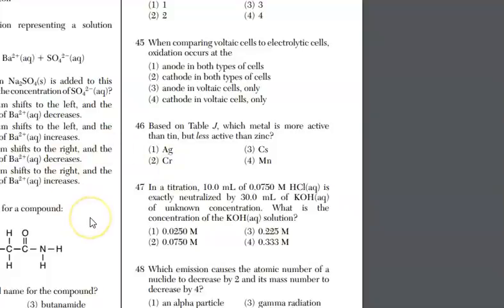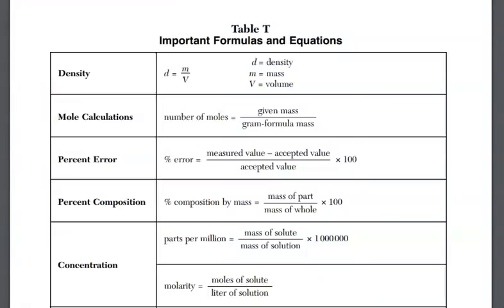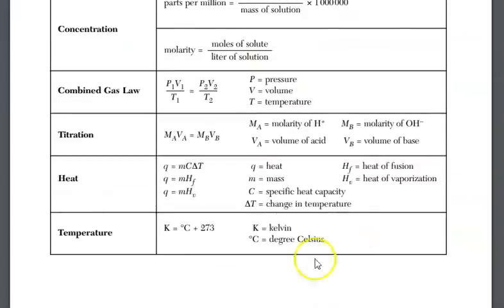We're moving on to 47. In 47, we have a titration. And notice we have volume and molarity for HCl, an acid, and then volume for a base. And we're asked what's the concentration of the base. Well, we need the titration equation, also sometimes called the neutralization equation. We're heading to reference table T, so I can show you where that is, and then we can calculate our answer. All right, we are scrolling down table T, and here we are at our titration equation, and we're going